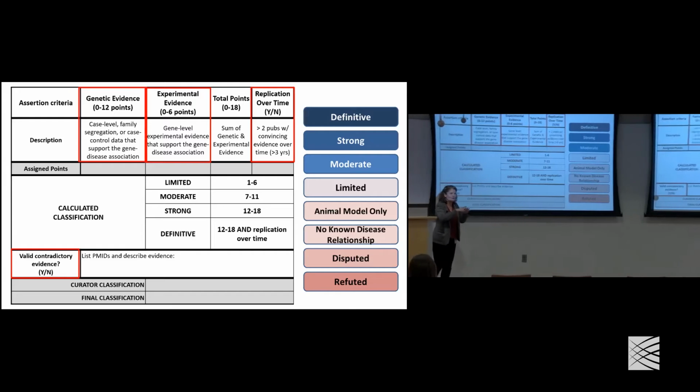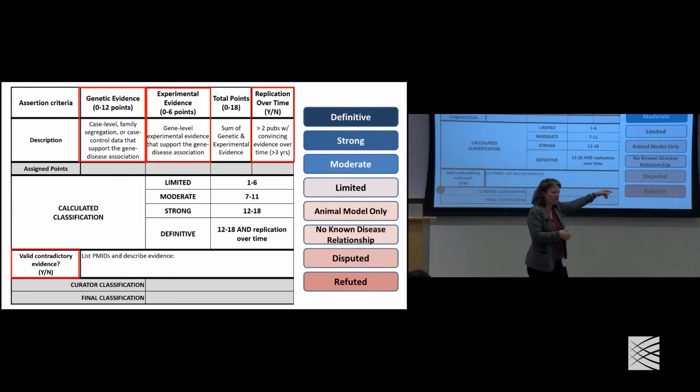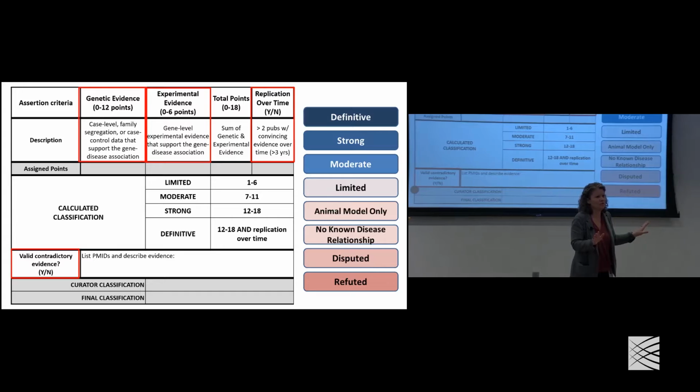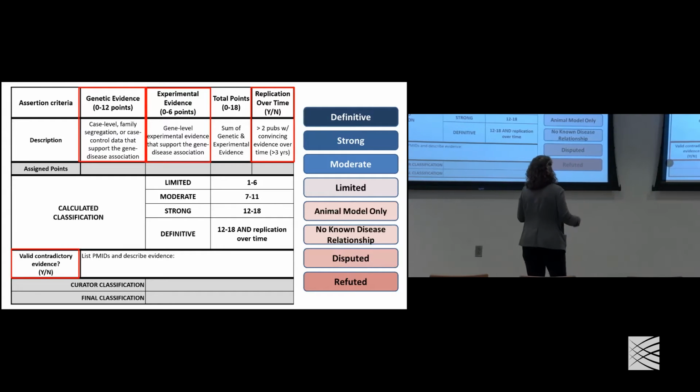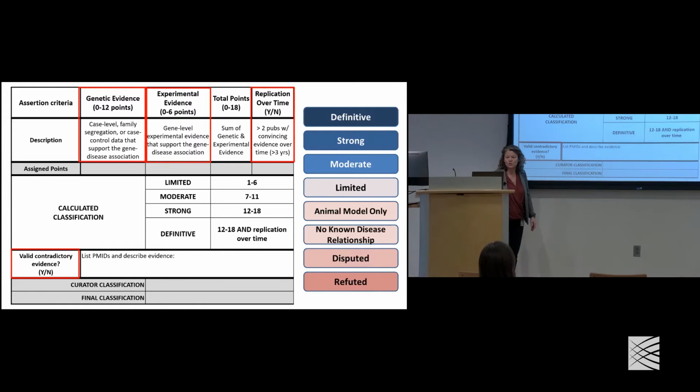And in our expert panels, we'll have biocurators curate all the evidence and present it to the experts, and how they scored each of the points. The experts will then weigh in and say, gee, I wouldn't give that mouse model the full 2 points because it doesn't really recapitulate the phenotype, because I'm an expert in this phenotype. So sometimes our biocurators might not quite know how to evaluate a particular animal model, whereas the experts who really understand the phenotypes can weigh in. Or, you scored points for those patients, but I don't think they have the true phenotype, I wouldn't score those. So that's how our experts weigh in on this. And then ultimately at the end, a final classification is approved by the expert panel.